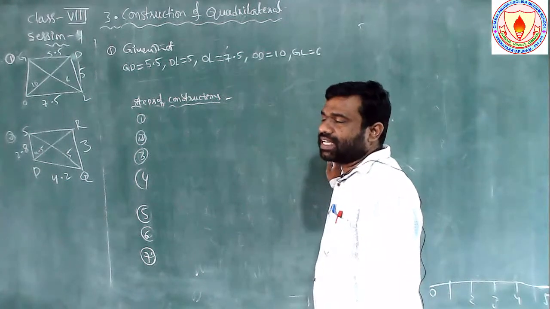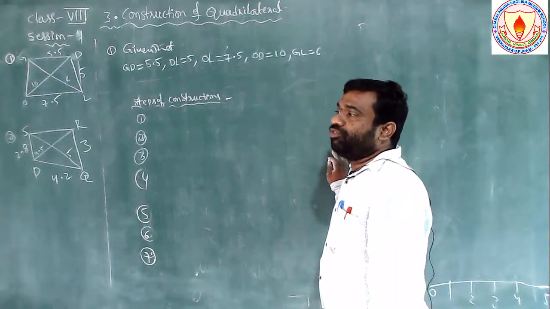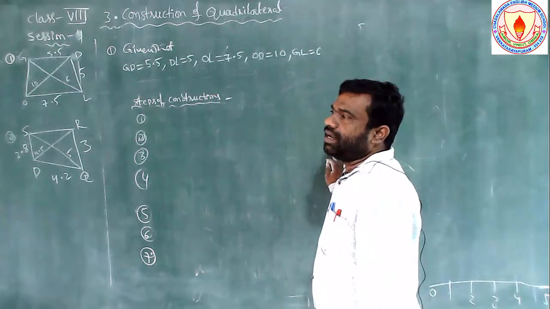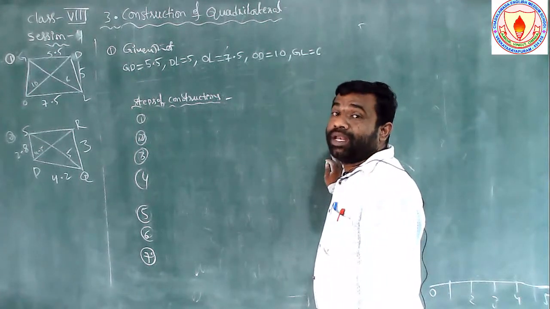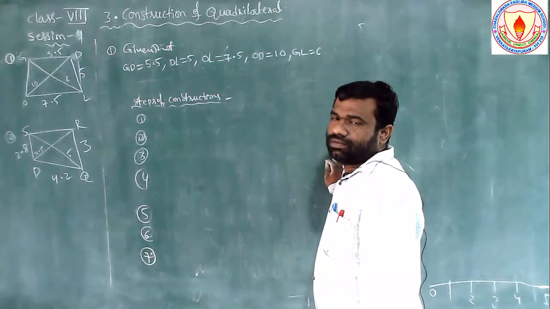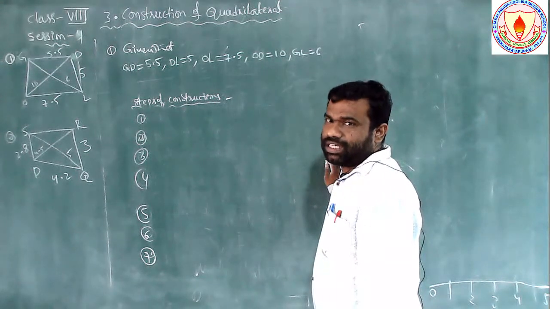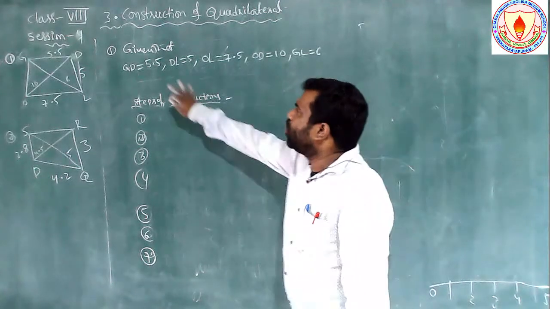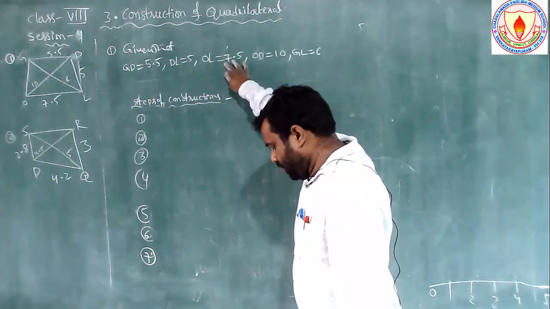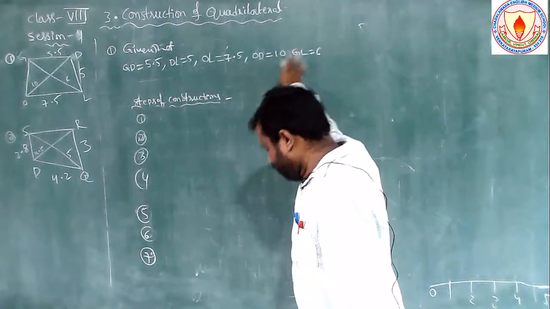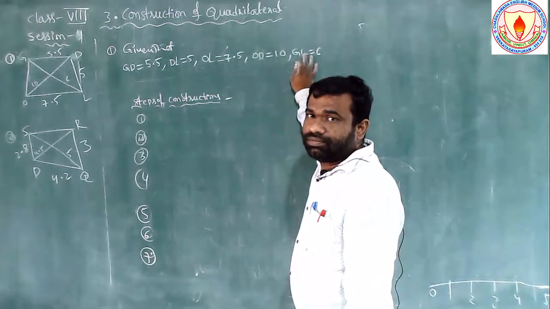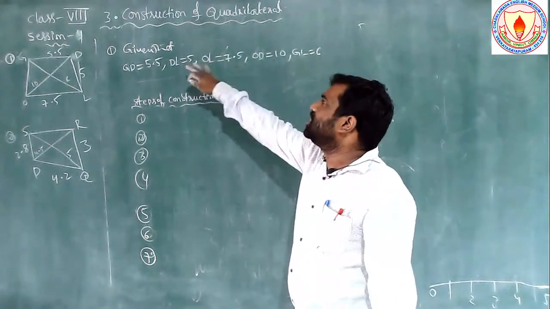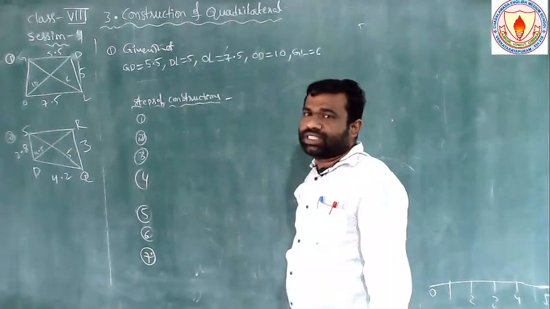Already we discussed that to draw any quadrilateral we need a minimum of 5 individual measurements. 1, 2, 3, 4, 5 measurements are there. By using these 5 measurements,